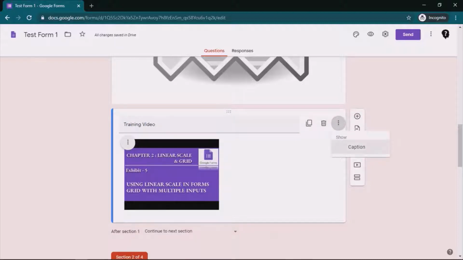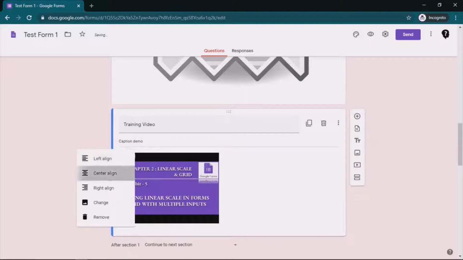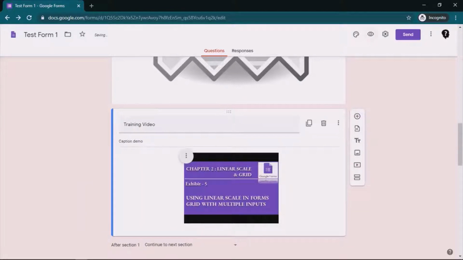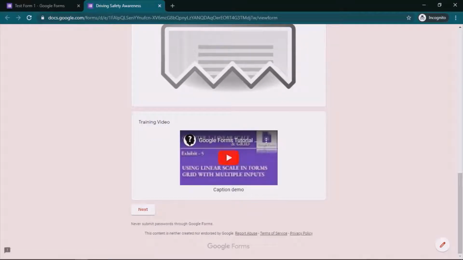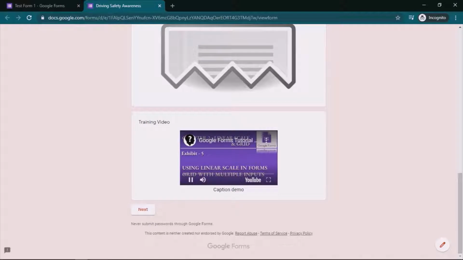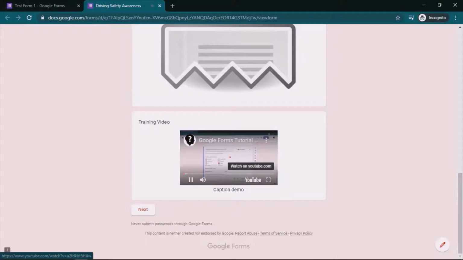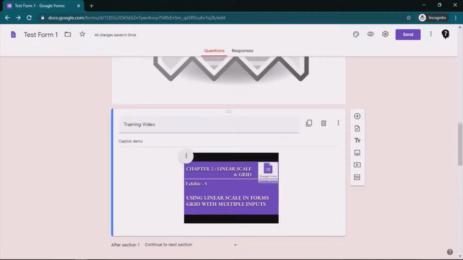I can add a caption to this video, caption demo. I can align this video as I want, and if I click on preview, it will show this way. If I click on it, it will play in the form itself, or I have the option to go to YouTube and watch it.